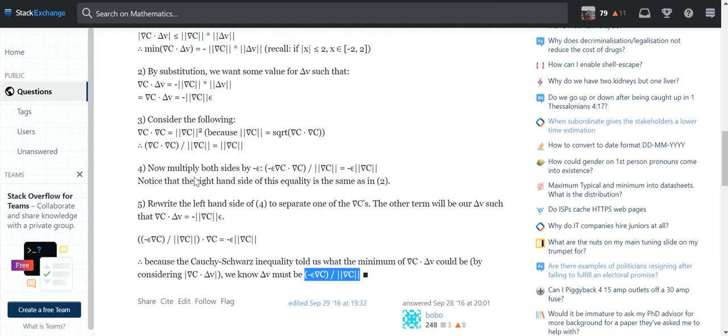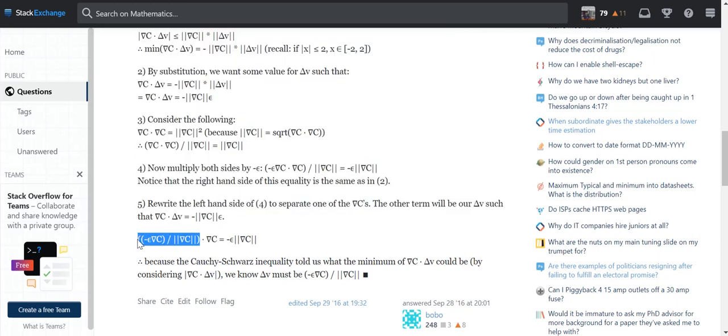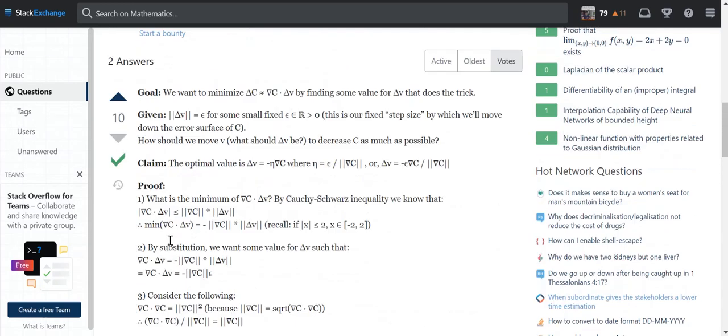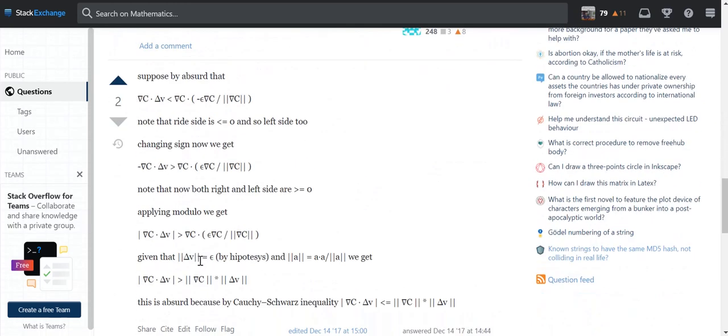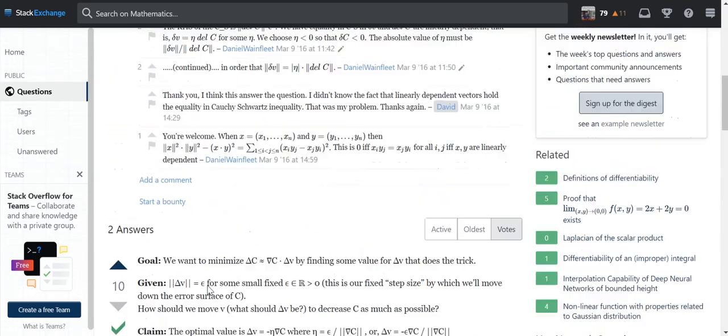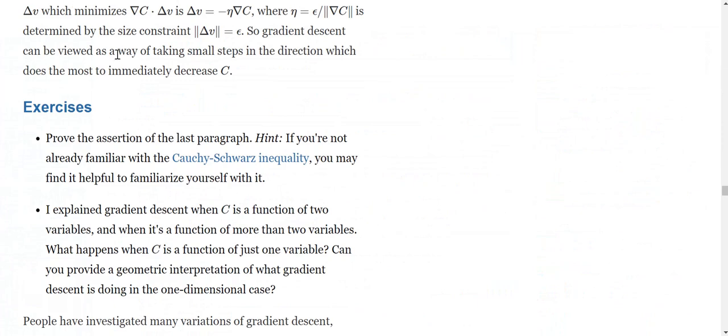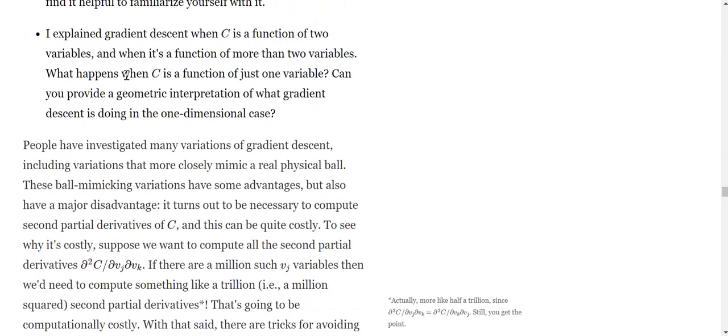So essentially what they've done is you have the same right hand side, so let's just ignore it. They've taken out one piece of gradient C. So the remaining portion must be the same, right? So delta v is this term for the function to be minimized, and that is all there is to it. So I'll have a link to this solution so that you can have a read. There are other proofs as well, and there are some proofs in the comments as well, so you can read up on them and maybe get a proof of your own.